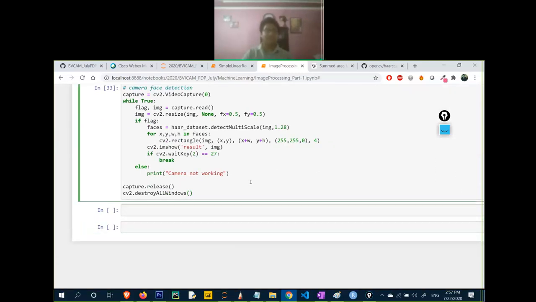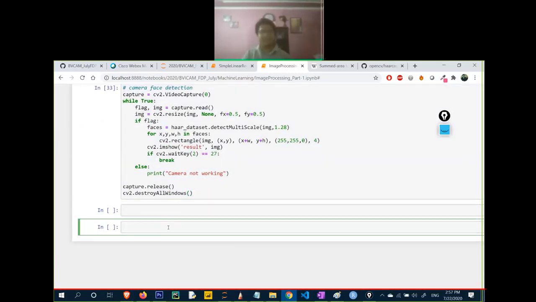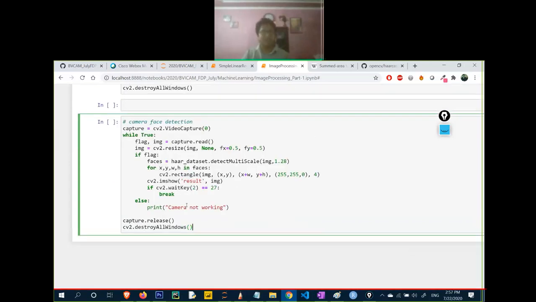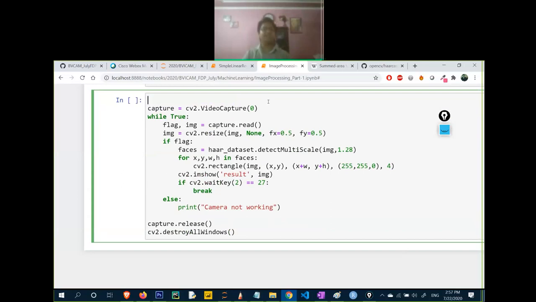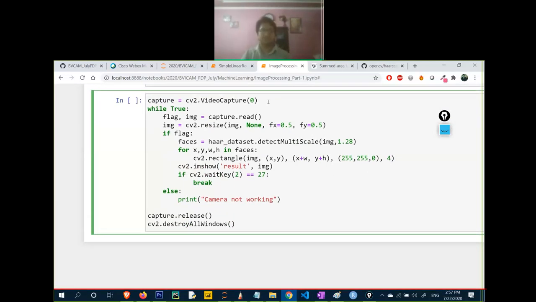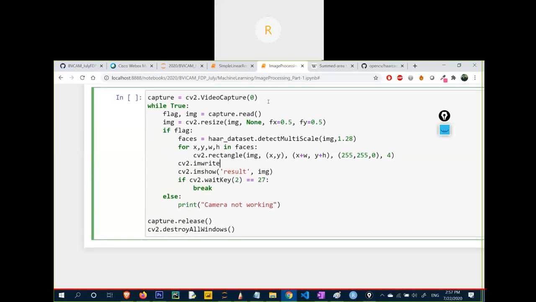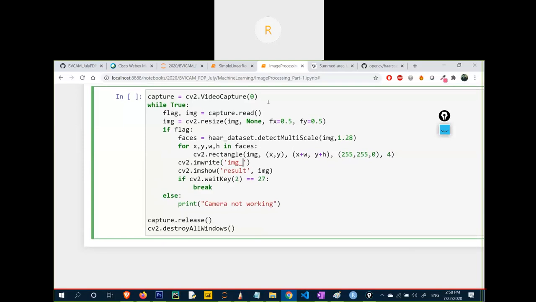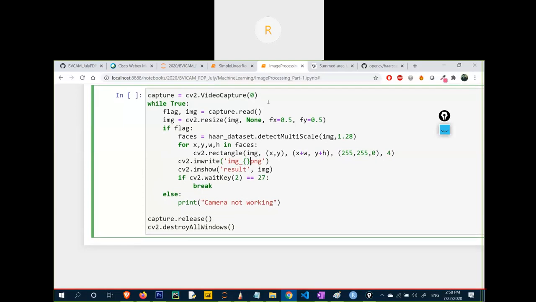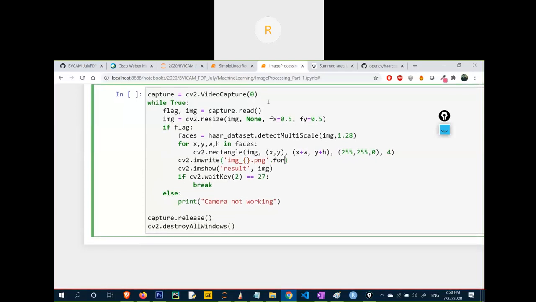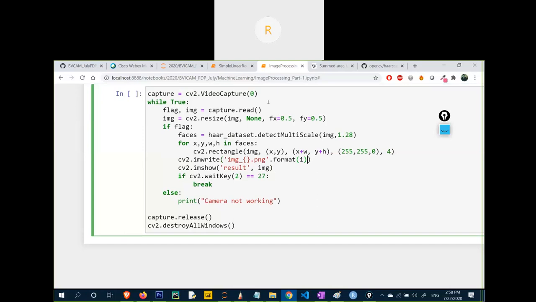By using this code, we can easily collect the data. Let me show you how. First of all, I will write cv2.imwrite, and I have to pass two parameters: the file name, let's say image{}.png, with .format, and I'll pass the variable i here, then a comma, then image.